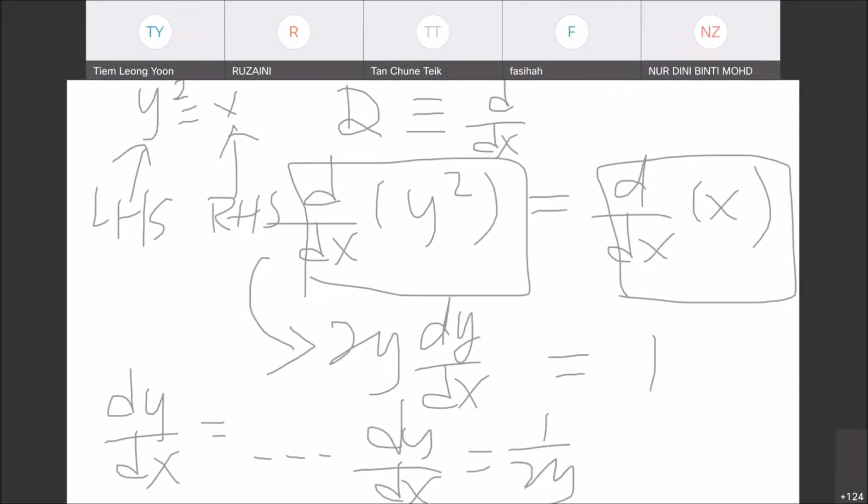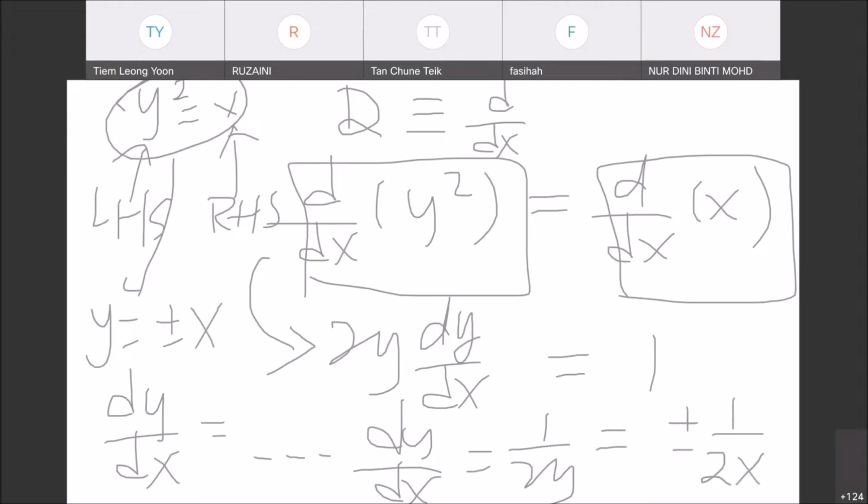Right. So y squared is equal to x. The solution of this is that y is plus or minus the square root of x, right? So this is the solution, and the derivative is equal to plus or minus 1 over 2 root x. In other words, for every dy dx, there are two corresponding values. At the same point of x, you would have two slopes. Okay, so if you refer back to the equations,